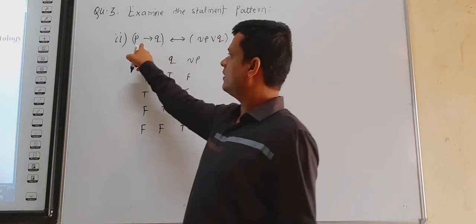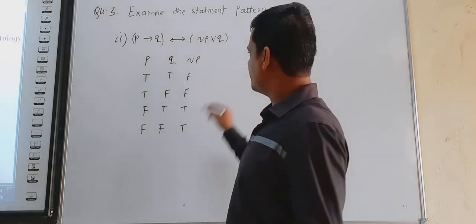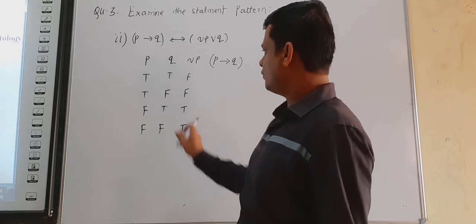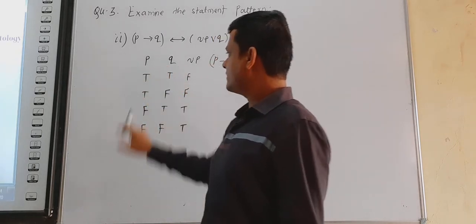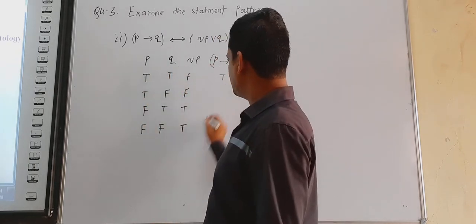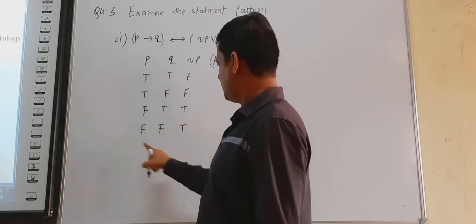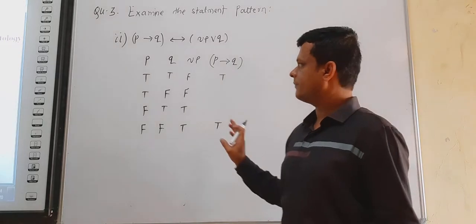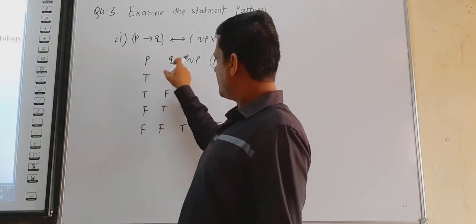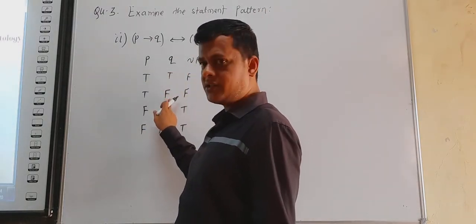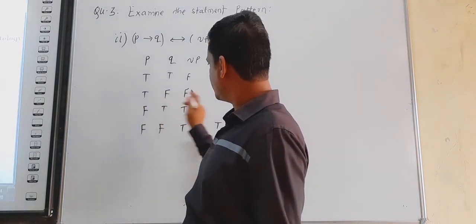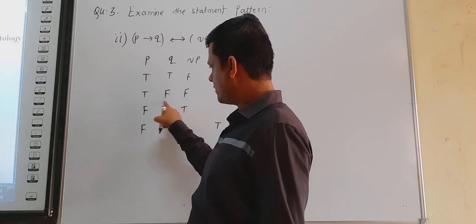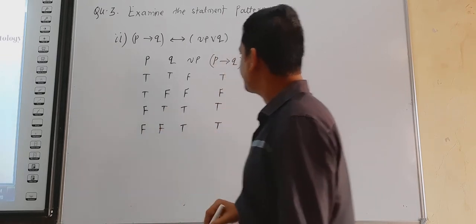Firstly, see implication. P implies Q. In implication, if both the statements have the same truth value, then its result is T, T, F, F. Therefore, its truth value is T, T. P, Q. Here both the entries are not the same. Therefore, the result of second statement, which is F. Here both the entries are not the same. Therefore, the result of second statement is true.